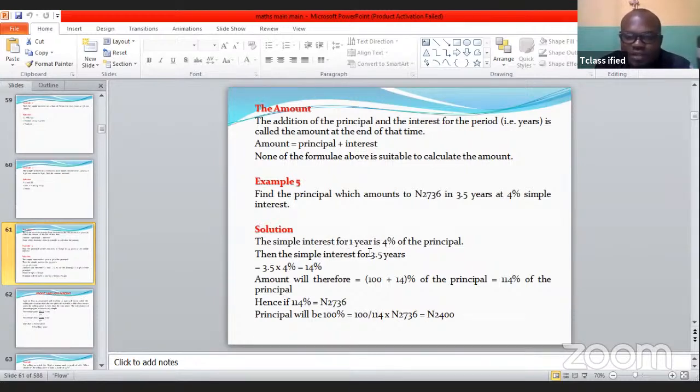So then the simple interest for 3.5 years is going to be the rate times the number of years, which is making it this 40. So the amount after that certain time will be 100 plus anything that you have here, making it 114. So if 114 gave 2736, 100% will give what? So anything 100% gives is the principal. So take note. So that is how to sort out this case if you have this case, which actually rarely